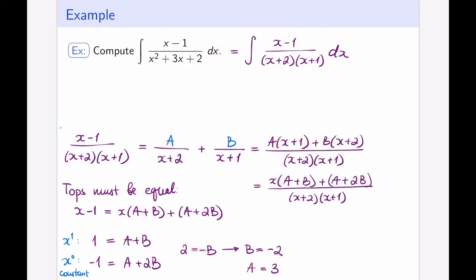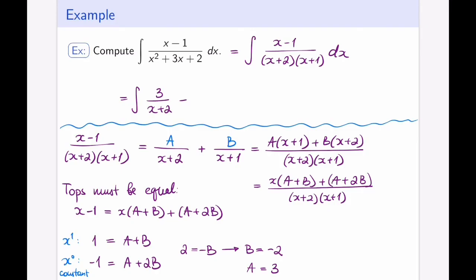Let me create a clear separation here between the two. And what I'm going to have is that my original integral is then equal to the integral of a, which is 3 over x plus 2, plus b, which is minus 2 over x plus 1, all with respect to x. Now, as before, I can, of course, split them up with the plus in the middle and then integrate one at a time. Notice here that I actually have constants, so I have to be mindful of that, but